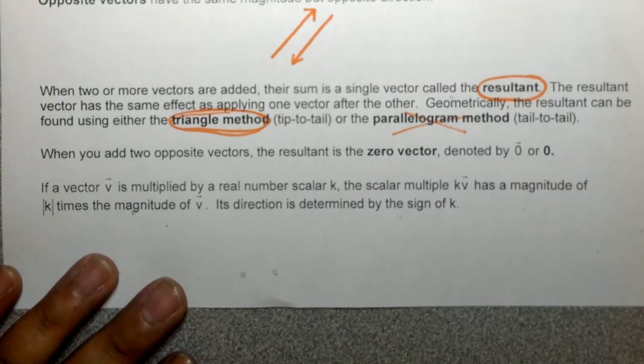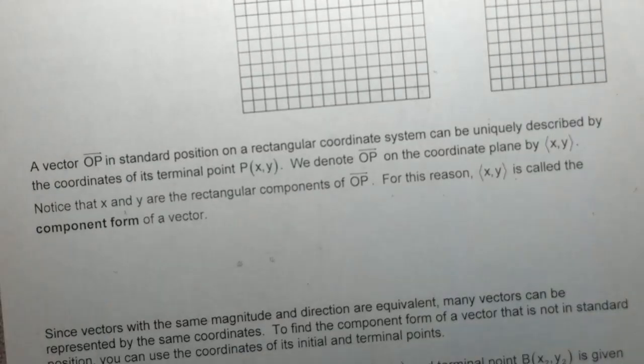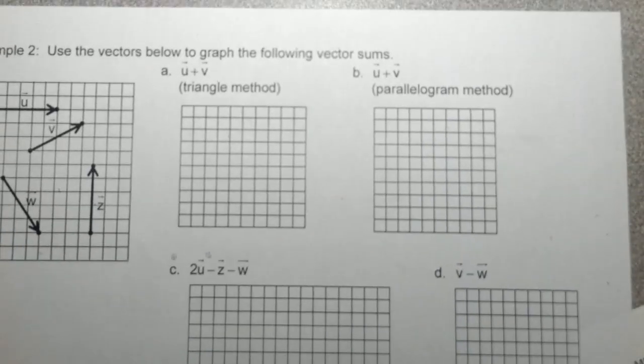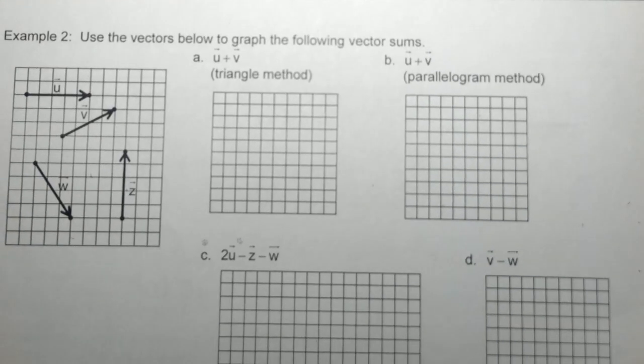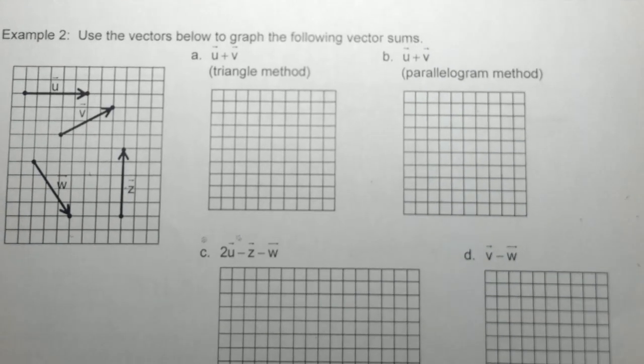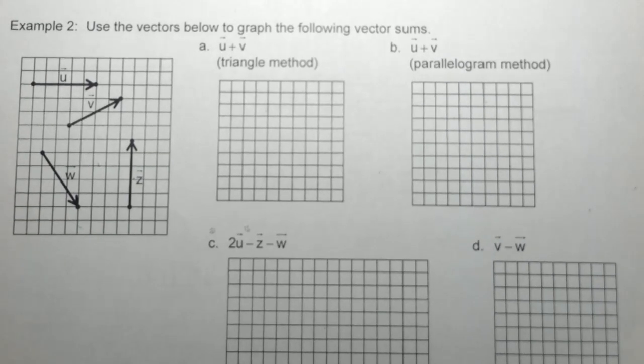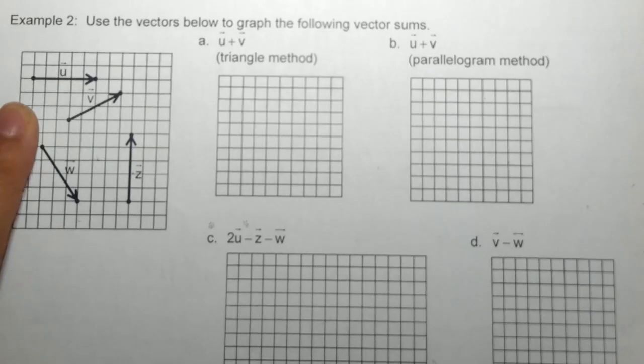Okay? Are we okay? Alright, so what we have here now are a bunch of given vectors. So I am giving you vector u, vector v, vector w, and vector z. And what we are going to do here is geometrically represent adding and subtracting these vectors. So I'm going to do it algebraically just to show you, and then I'm going to do it geometrically. Alright? So vectors are represented